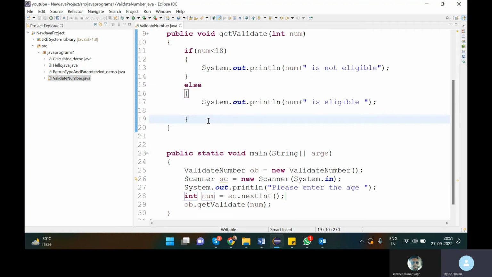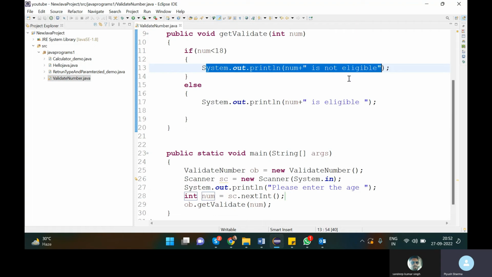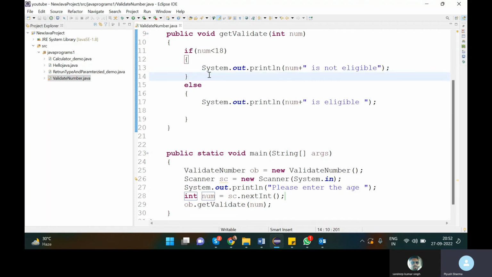Suppose we have other conditions. If number is less than 18, then number is not eligible. If number is greater than or equal to 18 and less than or equal to 60, then the output will be eligible. If number is greater than 60, then the output will be not valid.